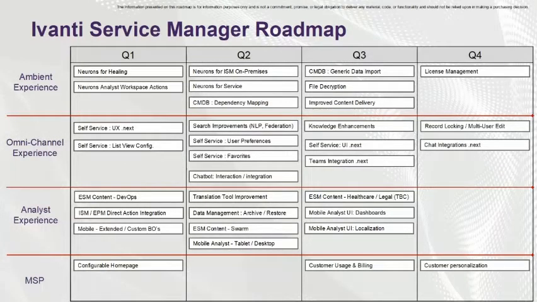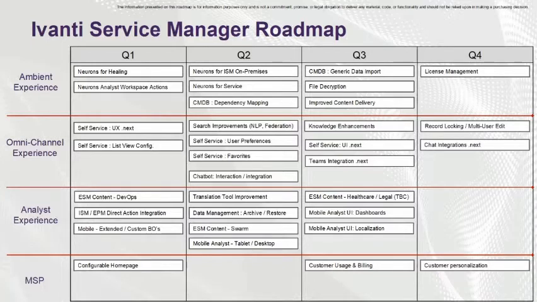So some of the key capabilities also around turnkey CMDB and turnkey AMDB for asset management, looking at introducing that in Q2. Also very excited to announce dependency mapping as an available option to purchase, that we're going to be implementing within service management in Q2. There's a key point there. Working again on our self-service, our user preferences, our favorites, chatbot, increasing our integration capabilities, having a look into Q3,